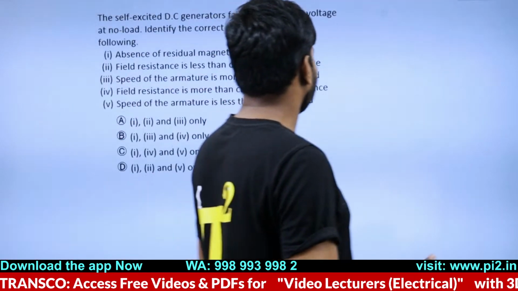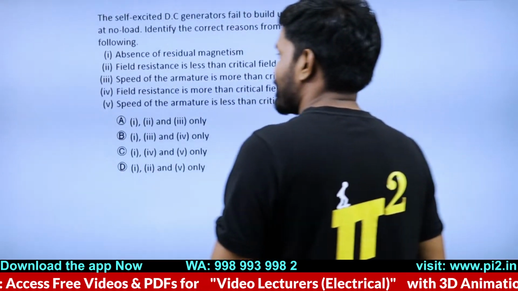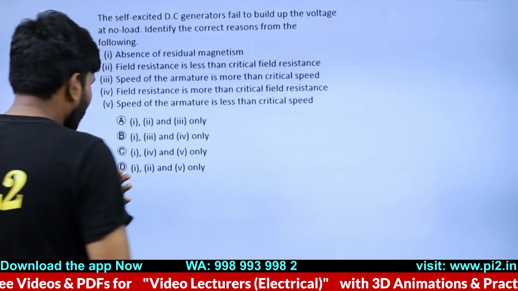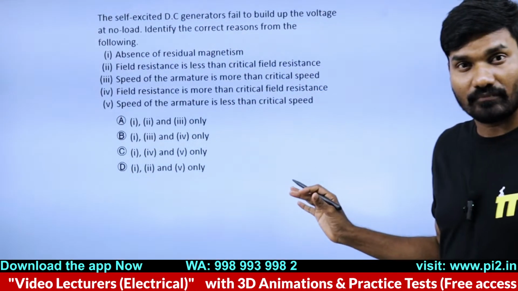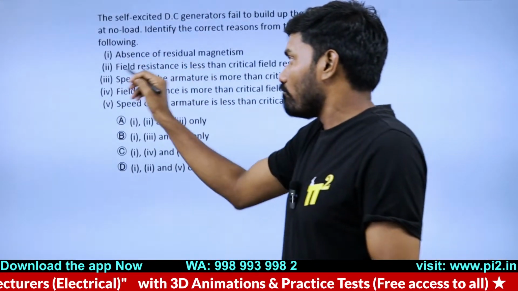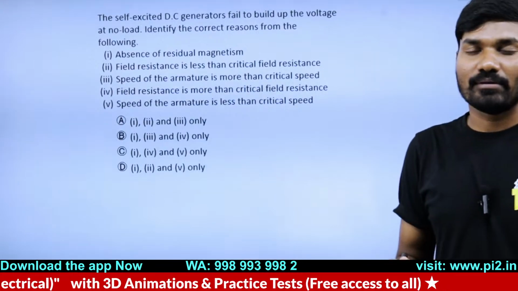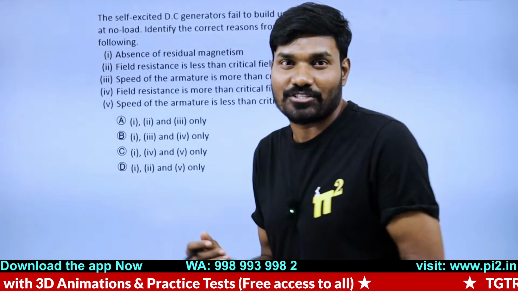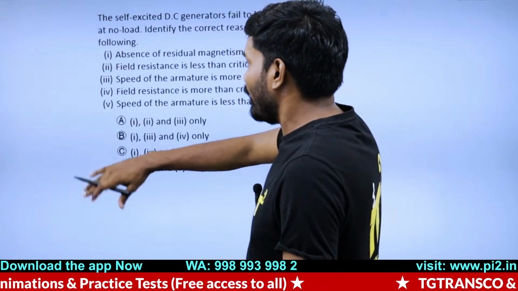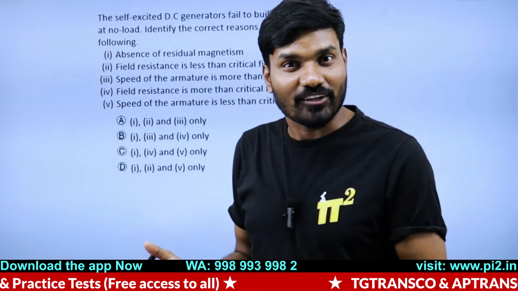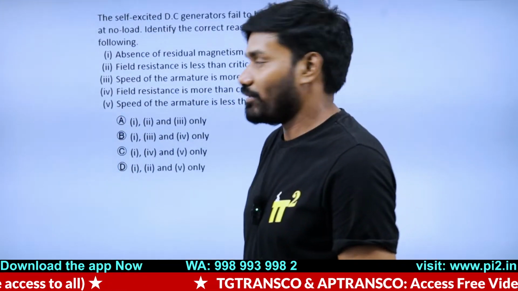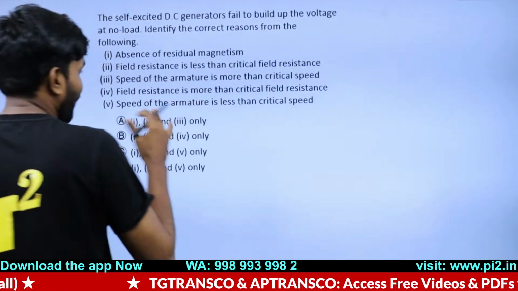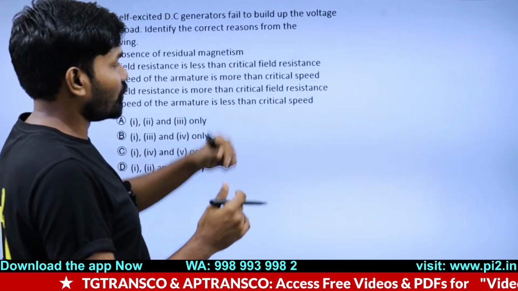Let's go to the next question. Mostly in 2024 TGGENCO, these kind of questions have come. They're given 4 statements. You'll have to check all 4 statements. It's like a multiple select question. Of course, it's not multiple select. If this is not given, it would have been a multiple select question. But here options are given, so it has become an MCQ. But mostly, we can find 30 to 40 questions of this nature.